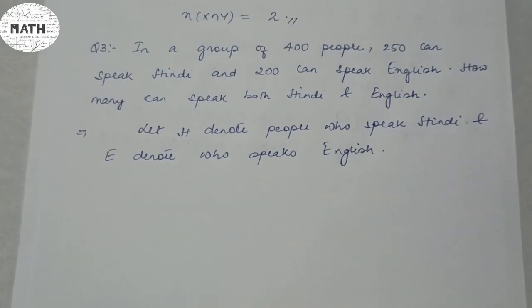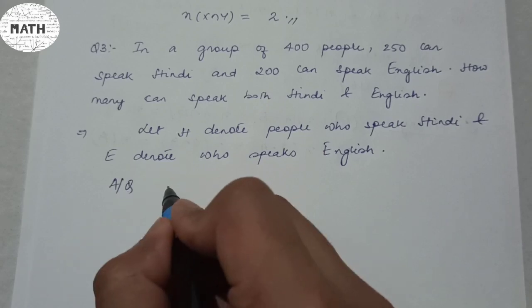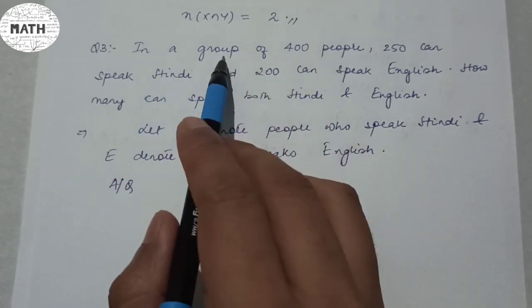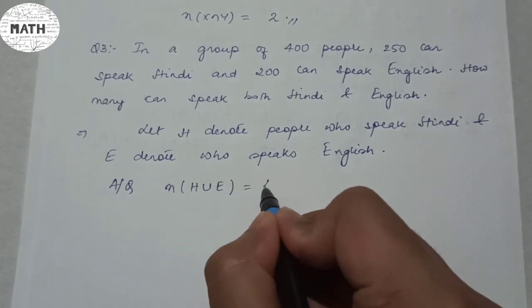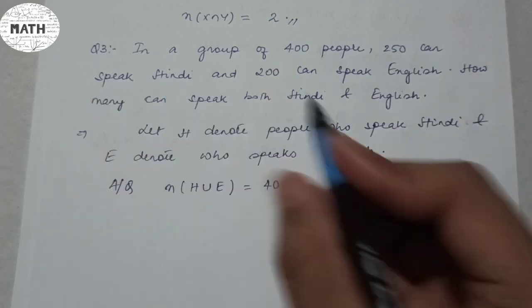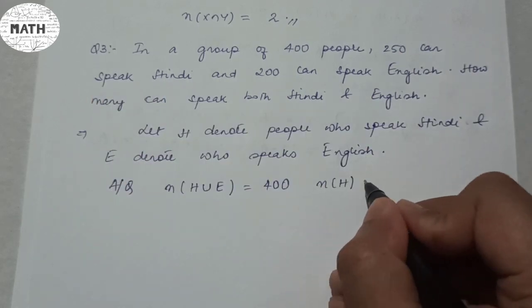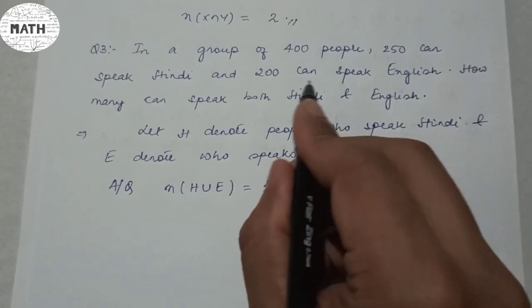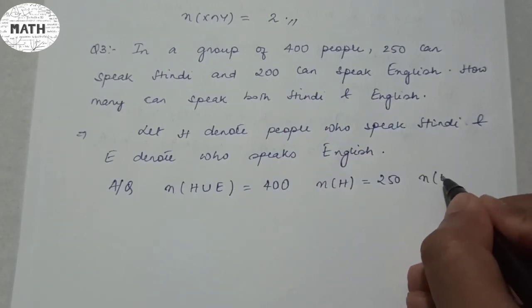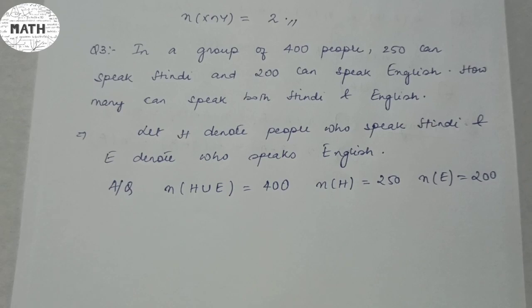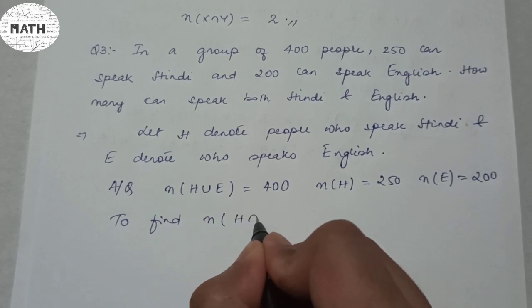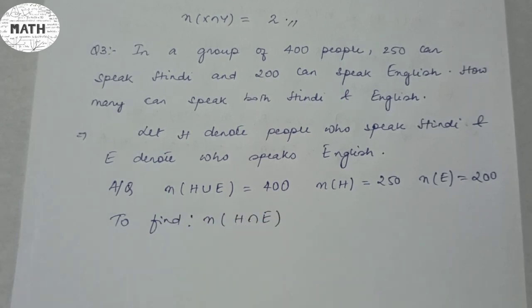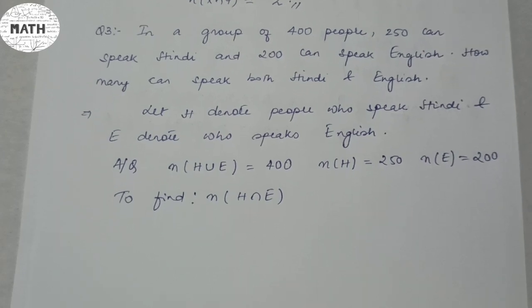So as per the question, it is given that in a group of 400 people, group means combination, so n of H union E would be nothing more than 400. 250 can speak Hindi, so the number of Hindi people, n of H, would be 250, and 200 can speak English, n of E is equal to 200. It is asked how many can speak both Hindi and English. It means I have to find the number of people who can speak both Hindi and English. So as we know,